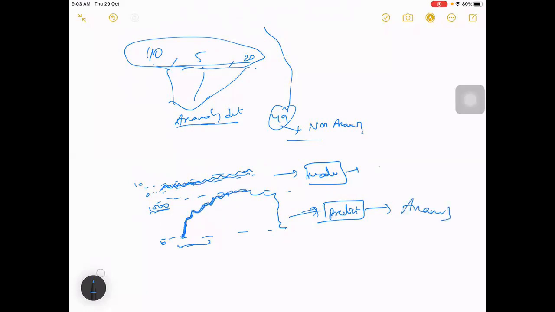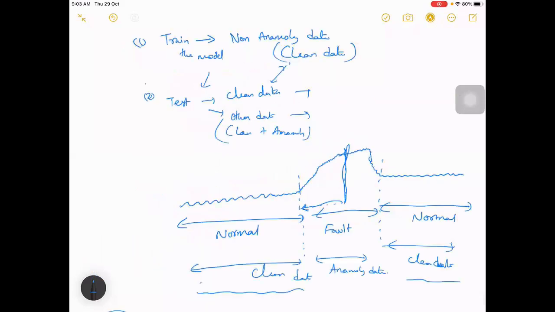Because of that, this is one use case where they'll use it for fault prediction. What they'll do is first employ this algorithm, and it will monitor the sensor values. If a value is suddenly changing far, they will raise an alert saying a fault can occur soon, something like that.